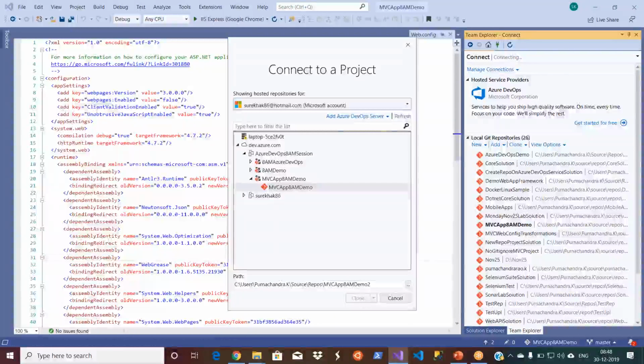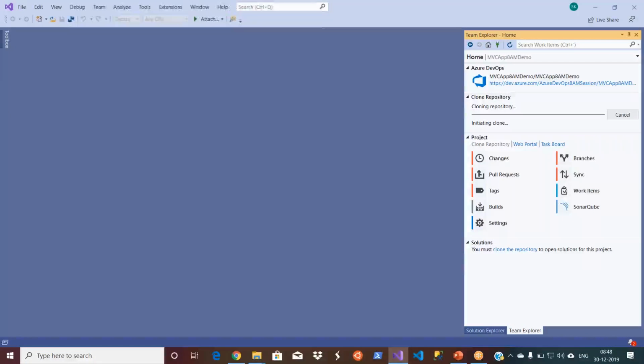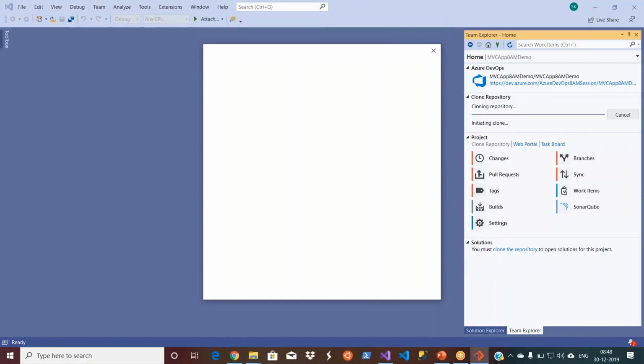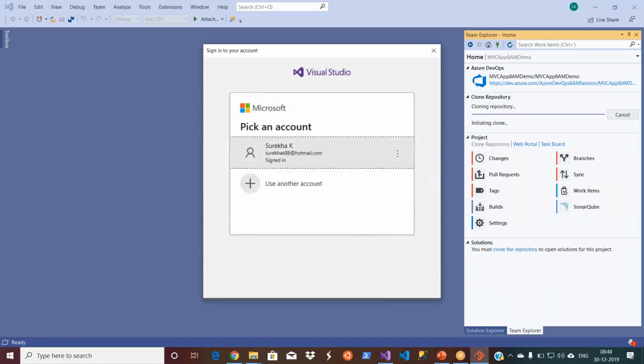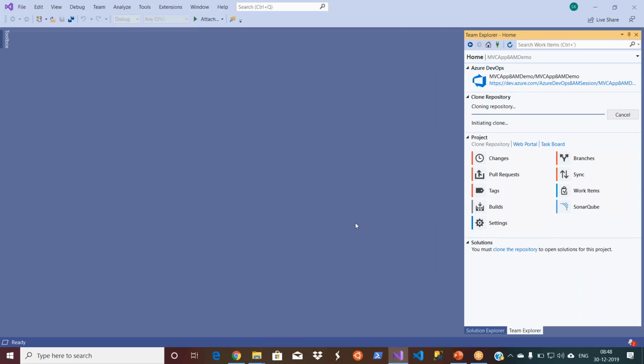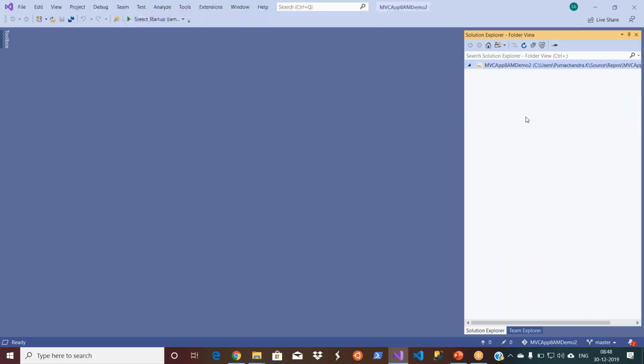When I do a clone, it goes to the server and gets all the configuration of my Azure DevOps project to my laptop. Let's sign in. So it's cloning the blank repository that's been created by default on the remote repository.